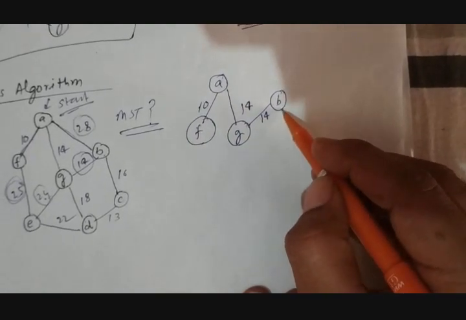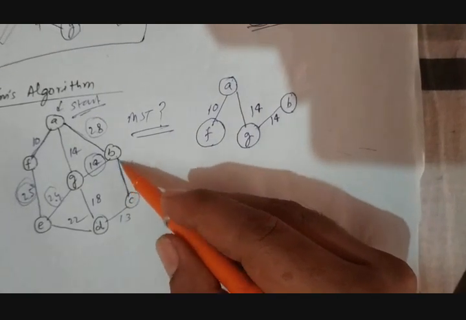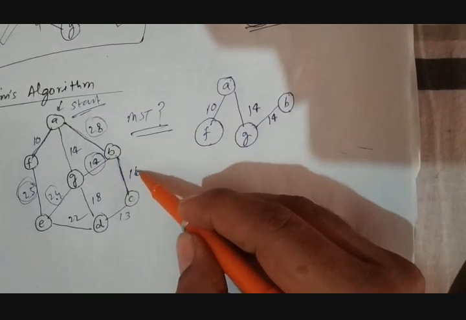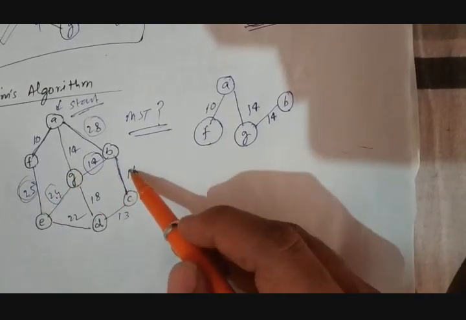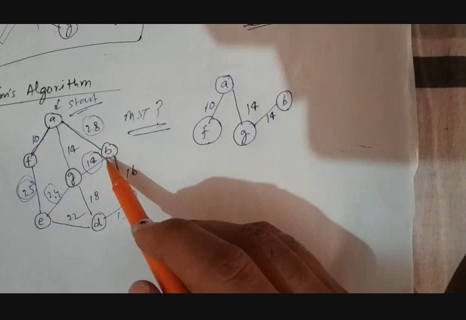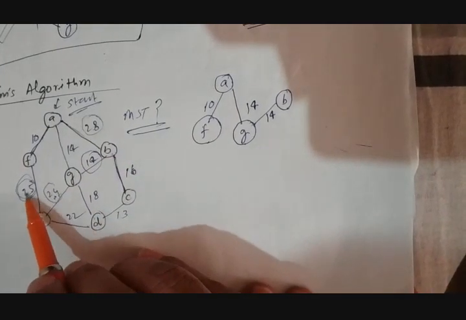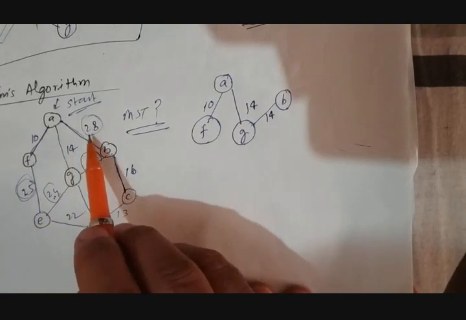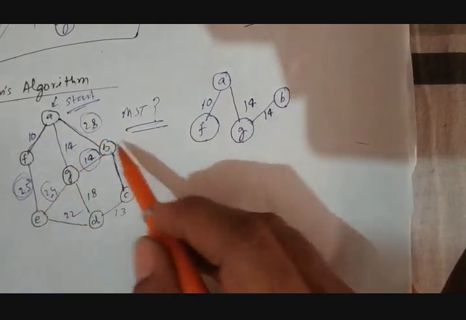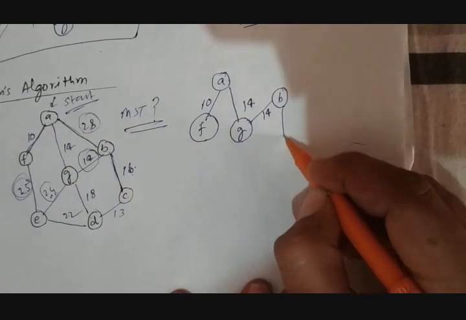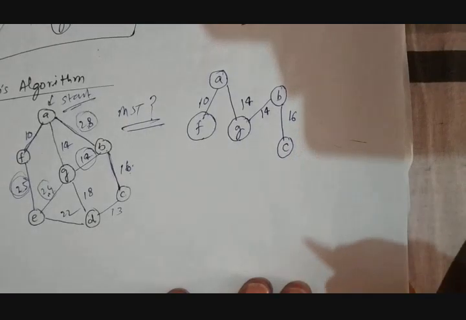Now just see here, what is the option? There is only one option here. We can move this way, 16, but we have to consider the previous values also. Now what are the previous remaining values? This is 24, this is 25, and 28 also, and here is 16. So out of these four, 16 is the minimum, so we will move ahead. We will pick up this edge, and this is also not forming a cycle.